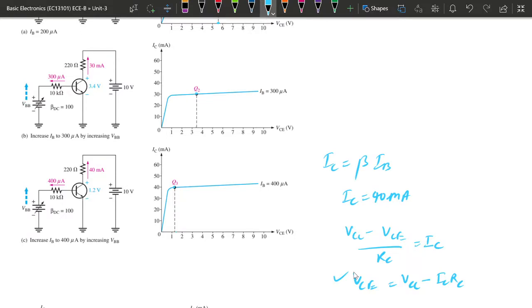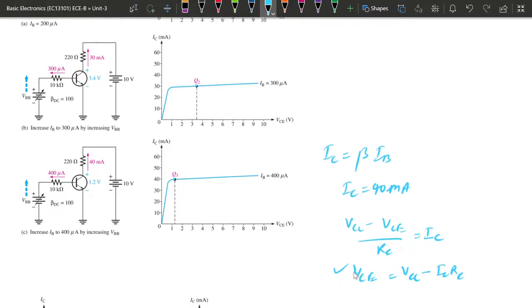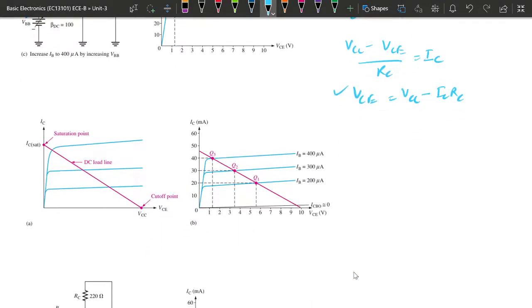So once we plot all these operating points we will be getting the plot of all operating points with respect to this circuit. By combining all operating points, we will be getting a line. So this line will be called the DC load line. Okay. So this will be your DC load line. Basically this DC load line will be obtained from this equation, VCE equals VCC minus IC RC.